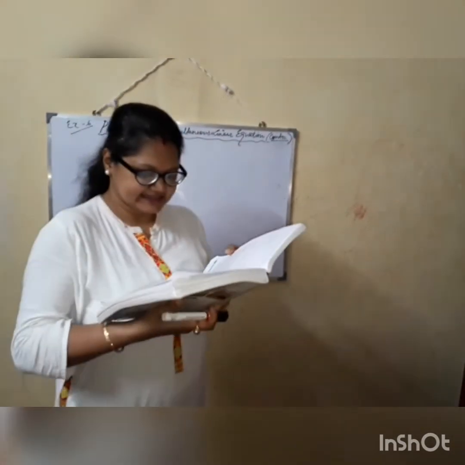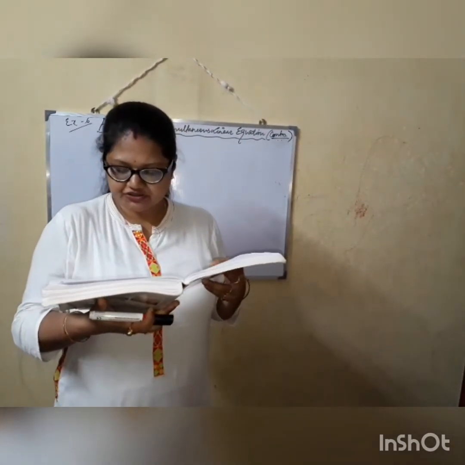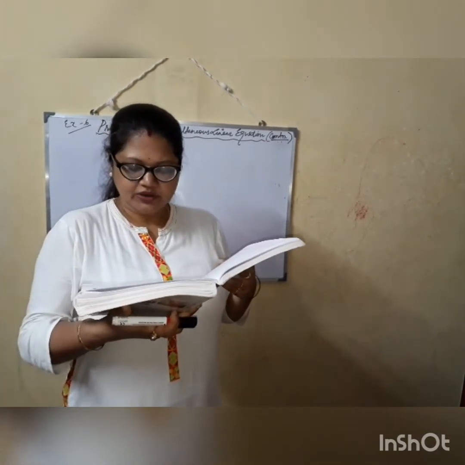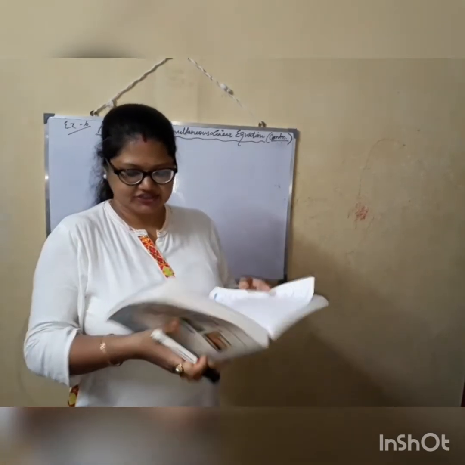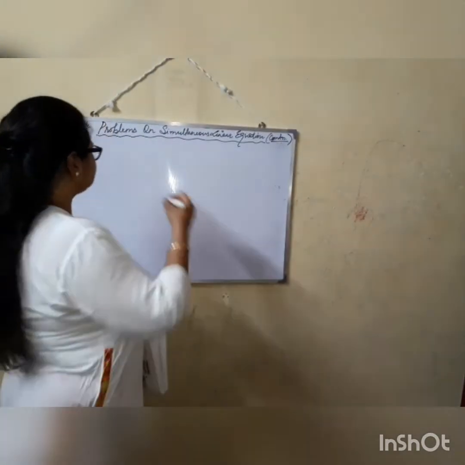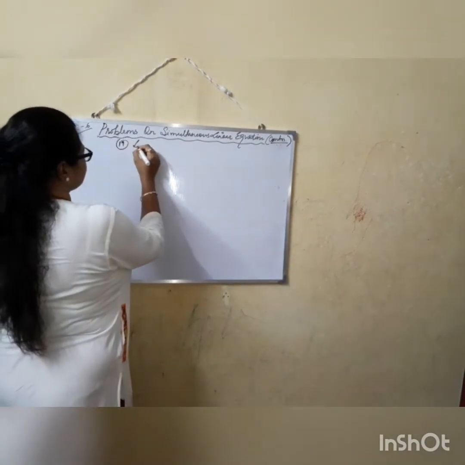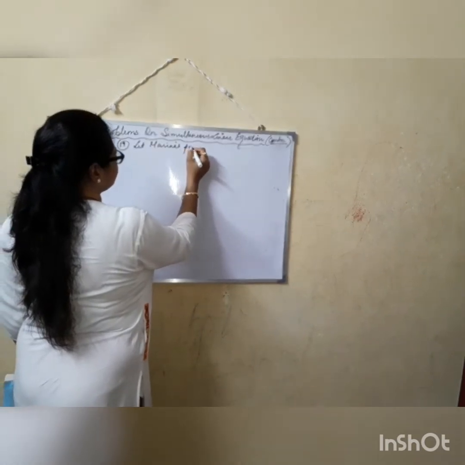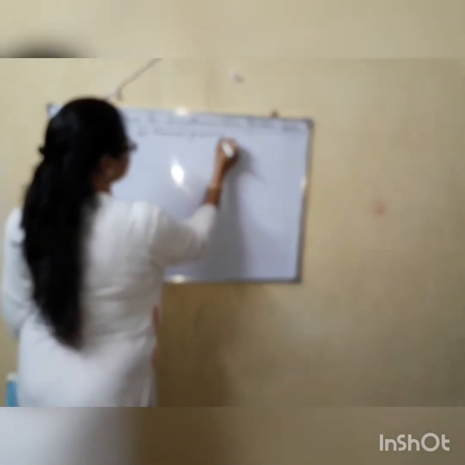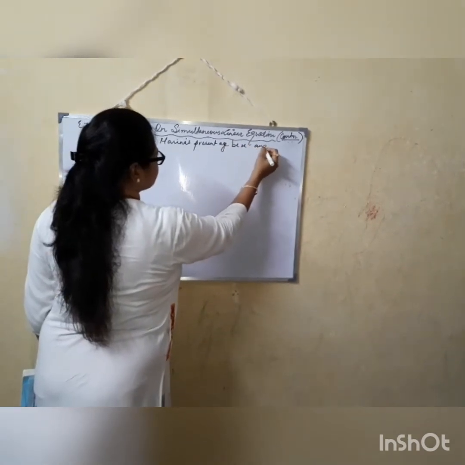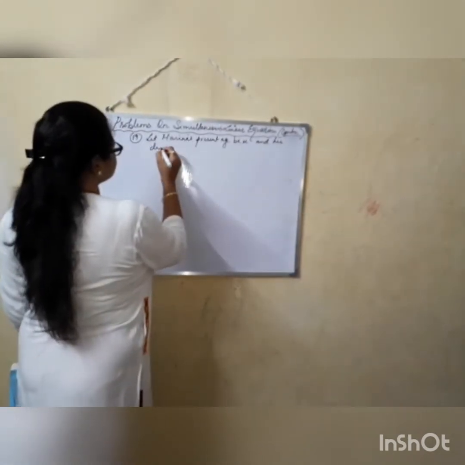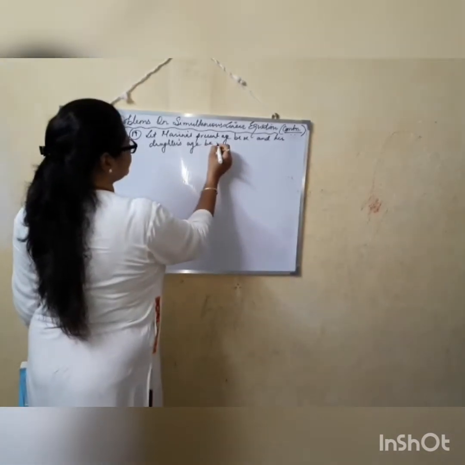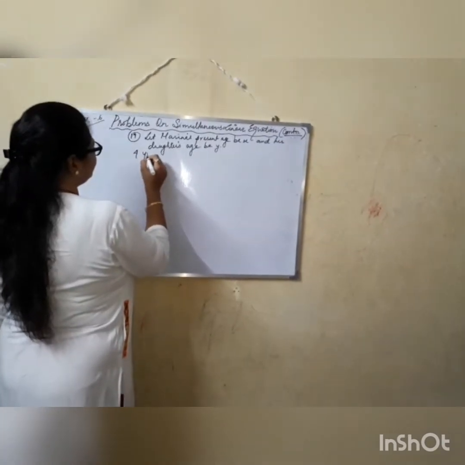Sum number 19 states that 4 years ago, Marina was 3 times as old as her daughter. And 6 years from now, the mother will be twice as old as her daughter. Find their present ages. So what we do here, we take their present ages to be, let Marina's present age be X and her daughter's age be Y. So they are saying 4 years ago,